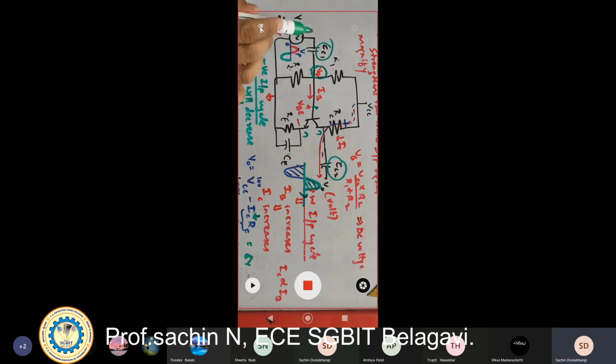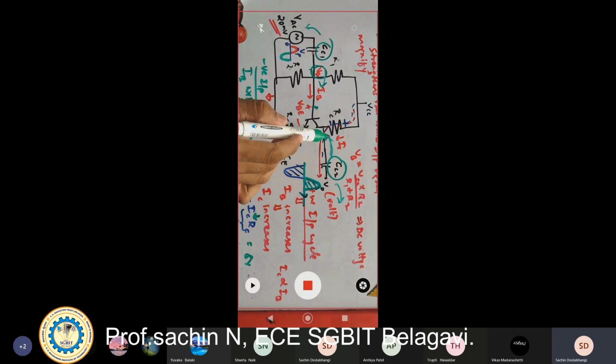It couples the input voltage to the input of the transistor. Here it is CC2. It is going to couple the output of the amplifier to the next stage, or it is connected to the output.